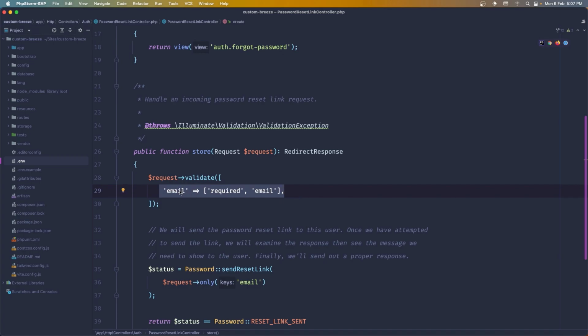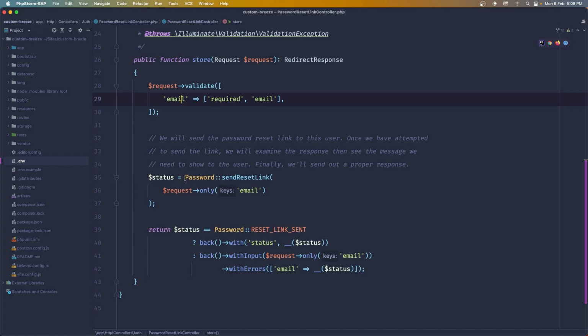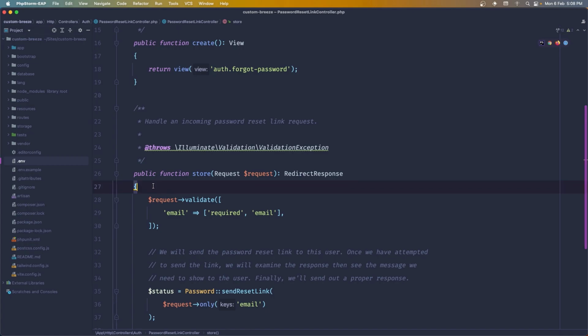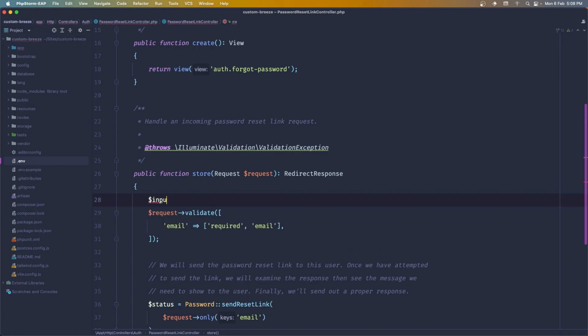We need to add also the username here, and then it's going to send a reset link and add in the request only the email, but we need to add email or username. And when you're redirecting with status, with input, also here we need to add email or username, and the same down there. So let's start by creating here a variable, so $, and I'm going to name it input type,